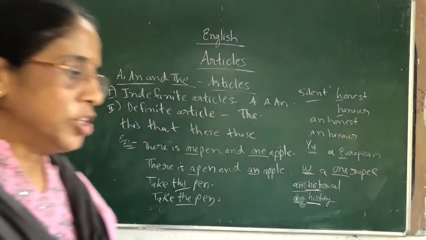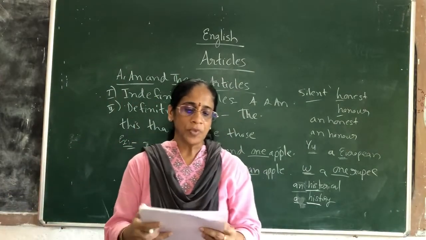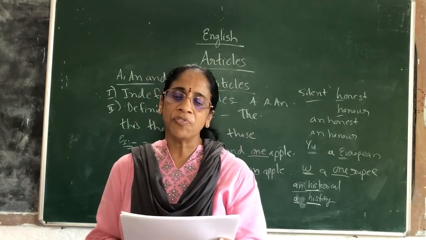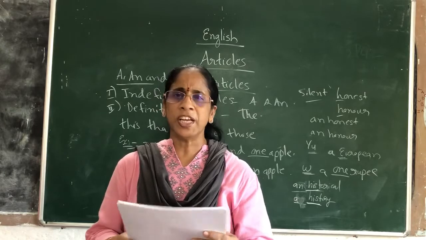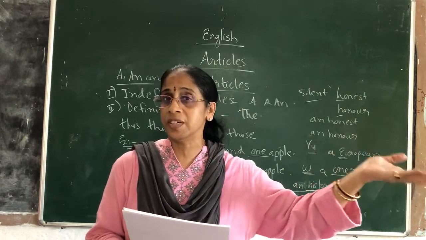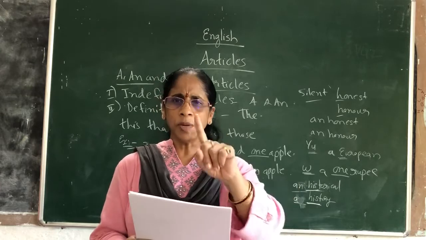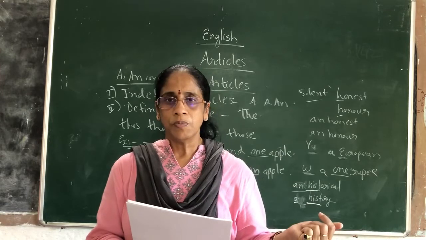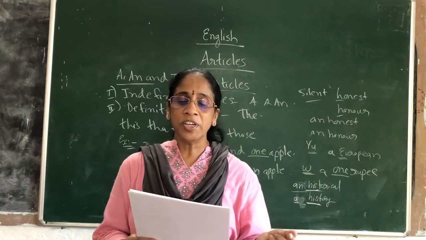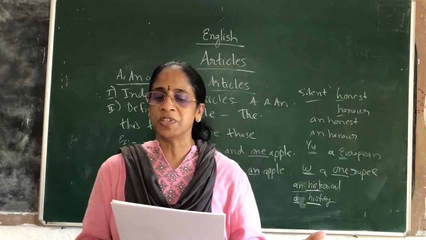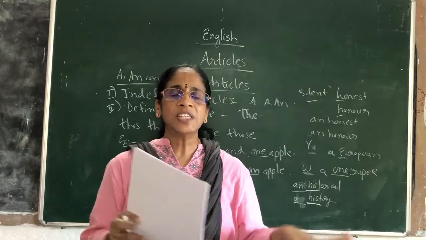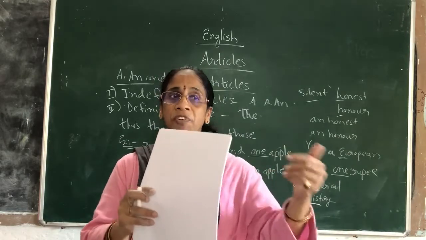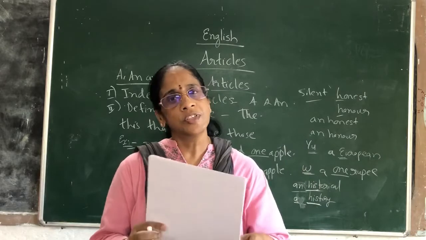Okay. Now we will continue with the use of the indefinite article. Some more points are there. To make a common noun of a proper noun. A Daniel came to judgment. Daniel is actually a proper noun, just like how I used Caesar, Shakespeare. You should never use a or an before a proper noun. But here I want to indicate that a Daniel means a very wise person. Generally all wise people are called Daniels. That means the sentence indicates that a very wise person came to give judgment.